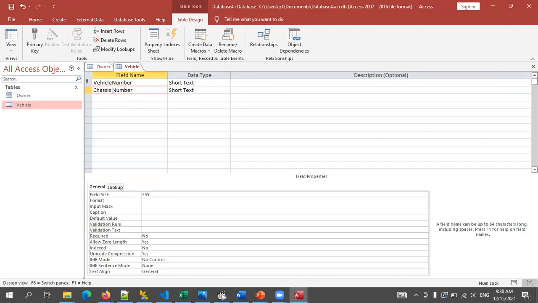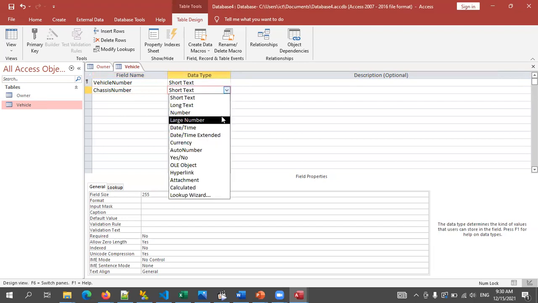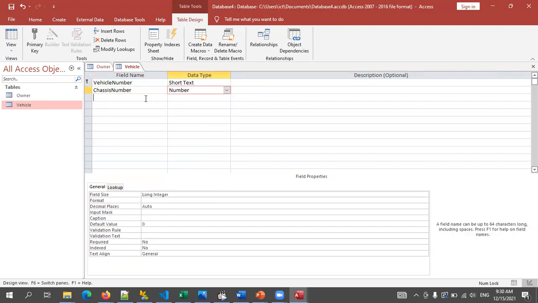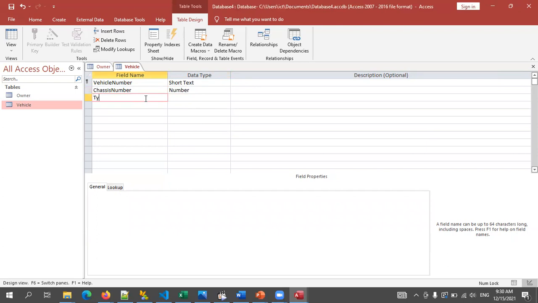You can't use spaces. So chassis number can be a number. Then type. Short text again condition. Okay, these are the fields.